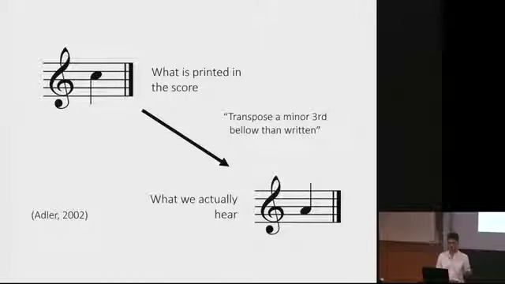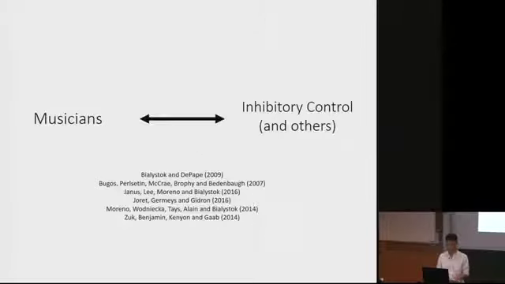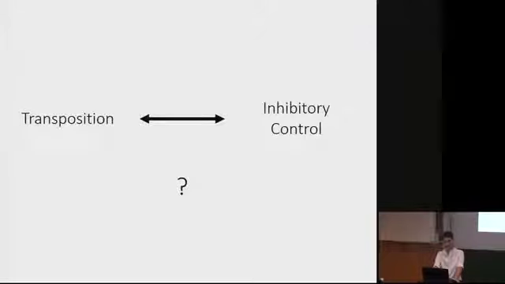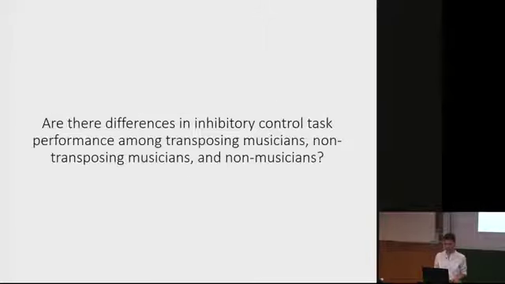Having defined the core concepts, I will now go to the literature background. So inhibitory control, among other executive functions, has been used before to study musicians and how they differ from other populations. However, to the best of our knowledge, no one has checked up on transposition, a very specific musical ability. Therefore, the research question that we propose is, are there differences in inhibitory control performance among transposing musicians, non-transposing musicians,